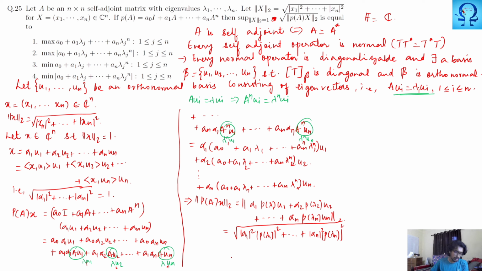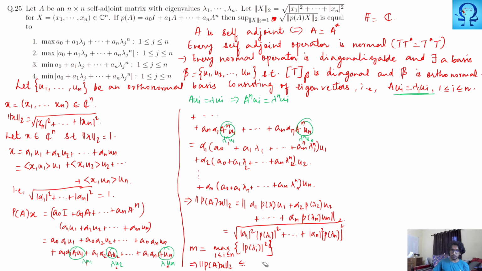So this is what we have. And if you define m to be the maximum of absolute of p of lambda i square, where i runs from 1 to n, then what we are going to have is norm of p of a x2 is smaller than or equals,